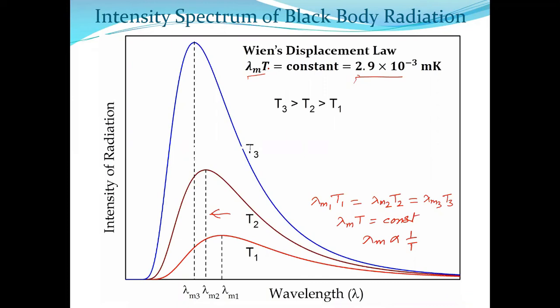Suppose there is a star and we are observing the color from that star. Say the color is orange. So it is determined what the wavelength of orange color is. So that lambda m is known. If you know the color, that means if you know the wavelength of orange, you know lambda m. The constant is known. So from that, estimate the temperature.